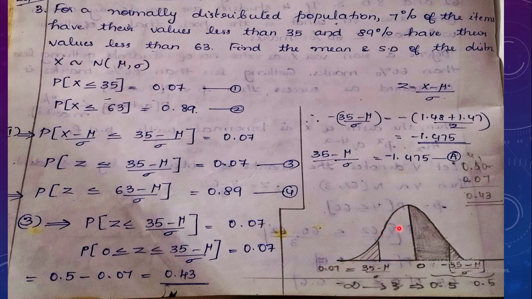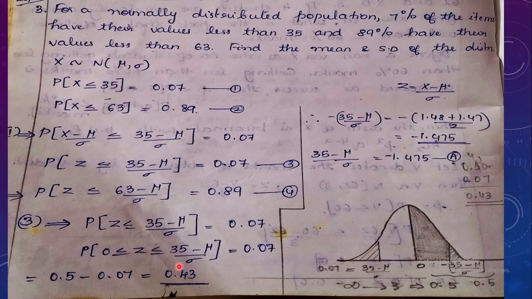So in order to find out this blank part, what should we do? We should subtract. Now we know that this area, minus infinity to 0, is 0.5. So from 0.5 you have to subtract what? 0.07, so that you get this blank area. And what do you get when you subtract? 0.43. Now 0.43 is the area, but the area is not the thing that you have to find over here. For finding the area, we have another problem that I would ask you to go and look at under the topic, area under the frequency curve.